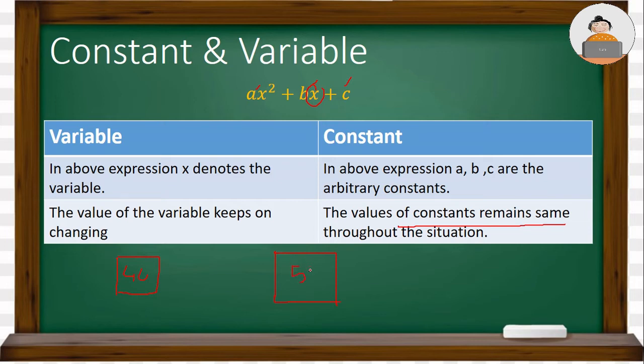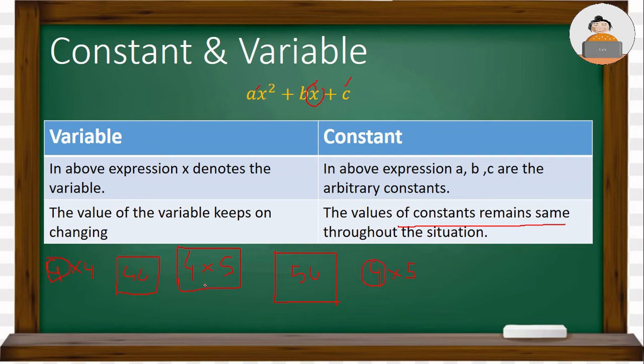Now we have to calculate the perimeter of these two squares. So we know the formula: 4 into the length of the sides. For sides I am mentioning s. You can see this is also a polynomial, 4 into s. Now for the first, the perimeter will be 4 into 4, and for the second square it will be 4 into 5. So you can see friends, in both the cases 4 remains the same.